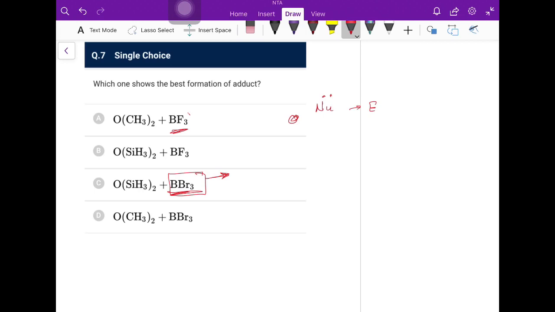But in BBr3 the energy or shape is very different, when they are not close enough. So BBr3 is a good electrophile. Out of these two options, now oxygen is bonded with SiH3. When oxygen is bonded with SiH3, again silicon has a 3d orbital to accept electron of oxygen. So here again a 2p, or you can say p pi d pi bond will be formed, and the lone pairs of oxygen will be less available. So the lone pair of oxygen will be less available, then it will be a poor nucleophile.